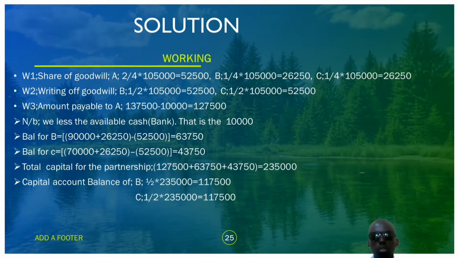Now, half of 235,000 is 117,500, and half of 235,000 to C is 117,500. Remember, this is the amount that should be carried down on the debit side of the capital account,